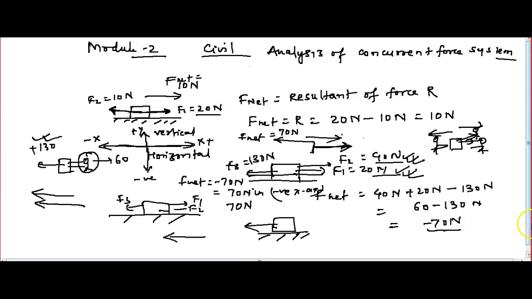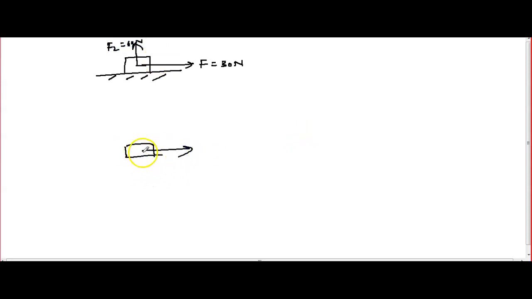Getting here? Till here, this is only about somebody pulling horizontally or vertically. Horizontal only. Consider similarly if a block is kept here and somebody is pulling in this direction with 30 newton, and another person is pulling upward, F2, consider 60 newtons. Like a textbook, somebody is pulling in the x-axis, somebody in the y-axis, upward direction. So what will happen to this textbook? It will move in some other direction, right?